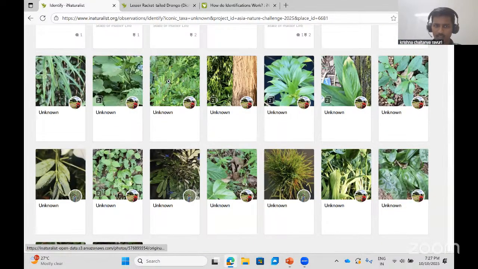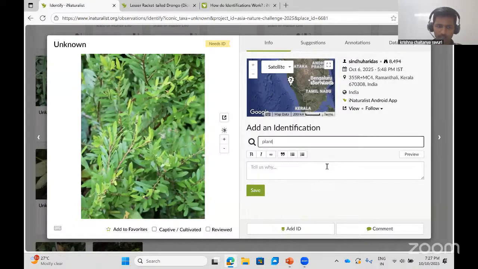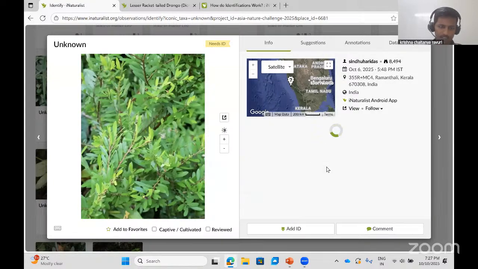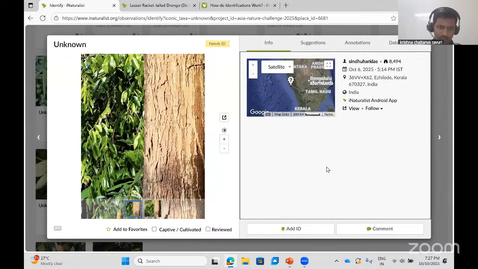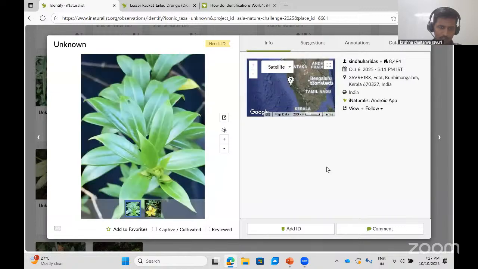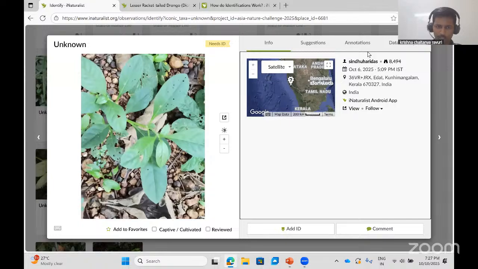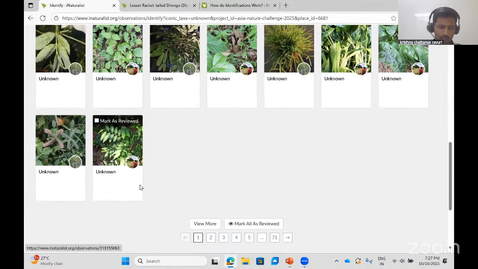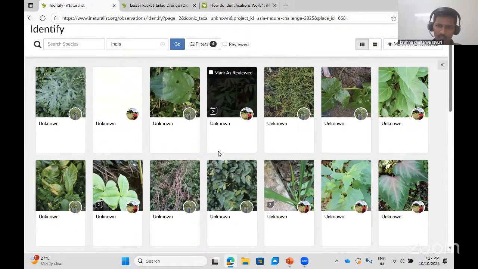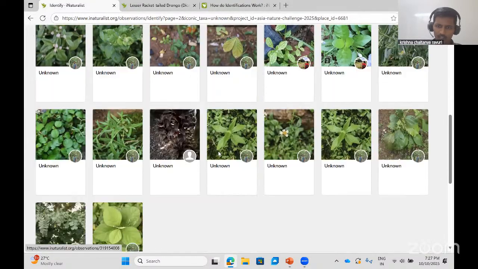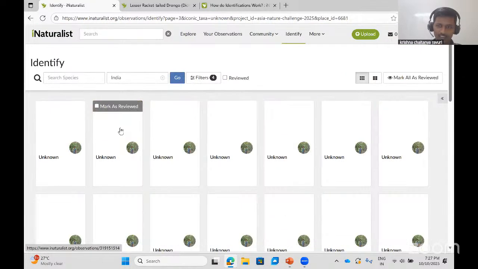And then let's see this observation. So this is a plant. Yeah, I can't say which plant, so I just mentioned plant. And this is also probably an observation of plant. But I was looking for a captive observation so that I can show you that it should be marked accordingly. Okay, it looks like you don't see them when you're looking for them. I missed it.